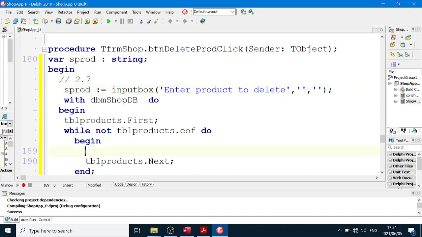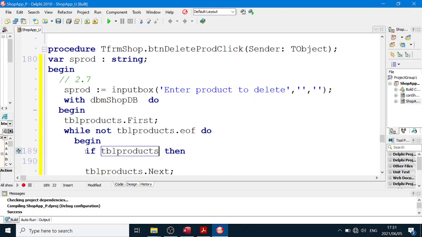And we're going to say, inside the loop, if TBL products square brackets descript equals sprod, then we will say TBL products dot